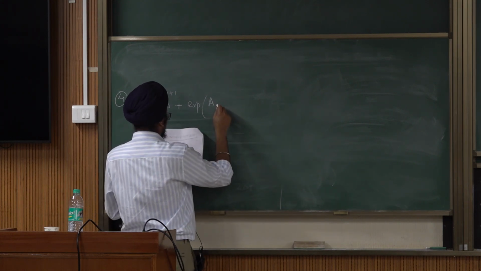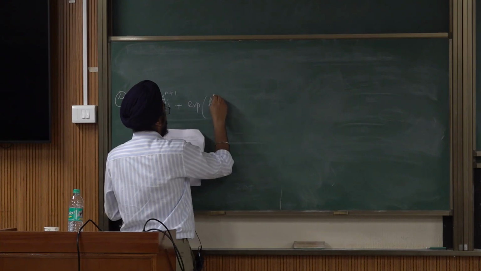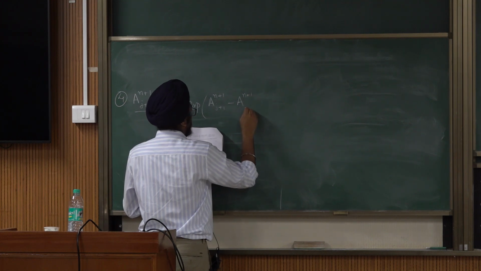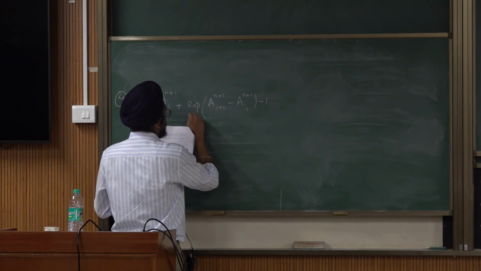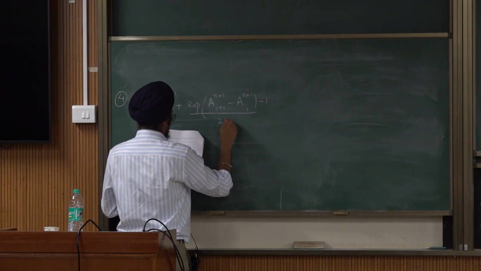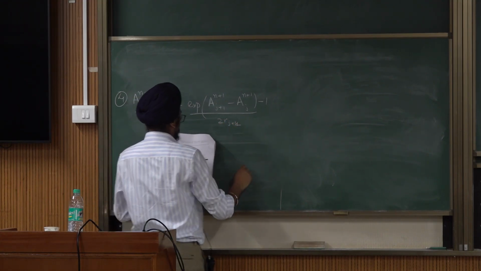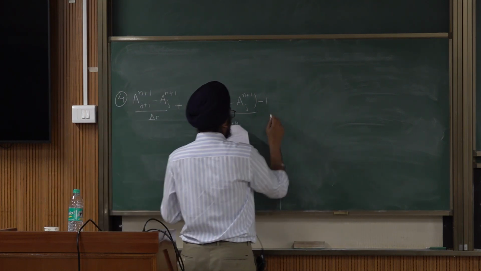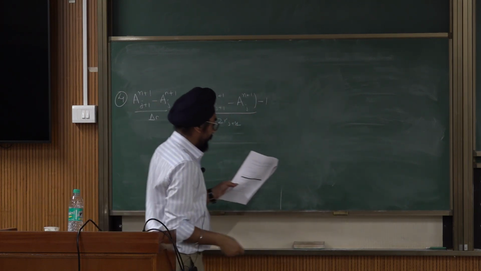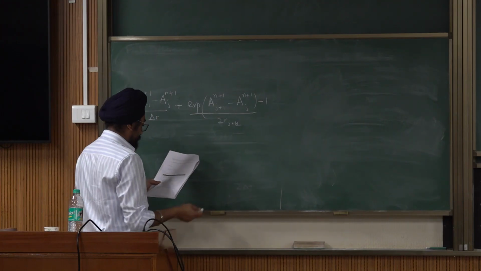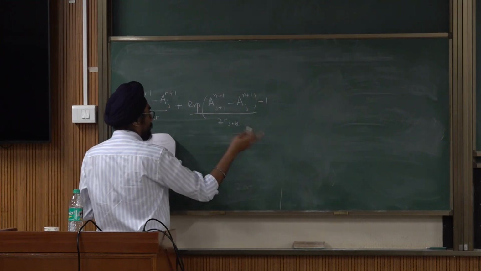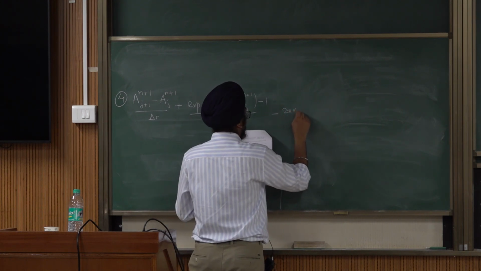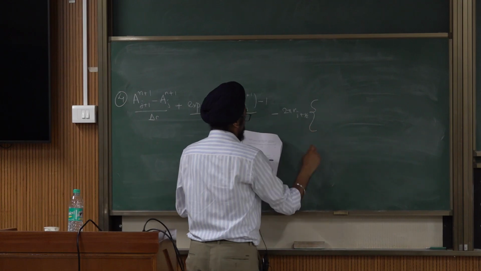This one is a j plus 1 n plus 1 minus a n plus 1 j minus 1 by 2r j plus half, then you just have the phi and pi. So those are just phi square plus pi square. There's nothing fancy about it. But bring it to this side, it is just minus 2 pi r j plus half